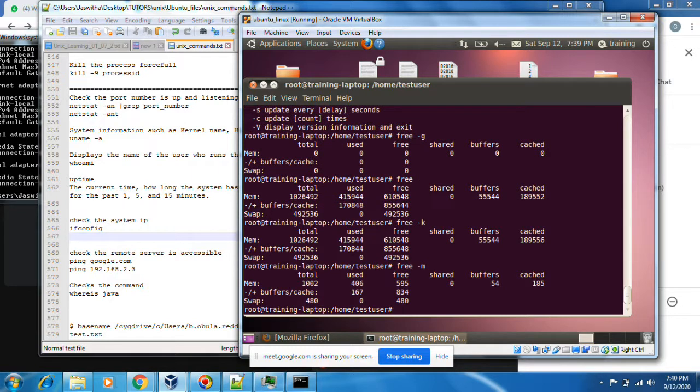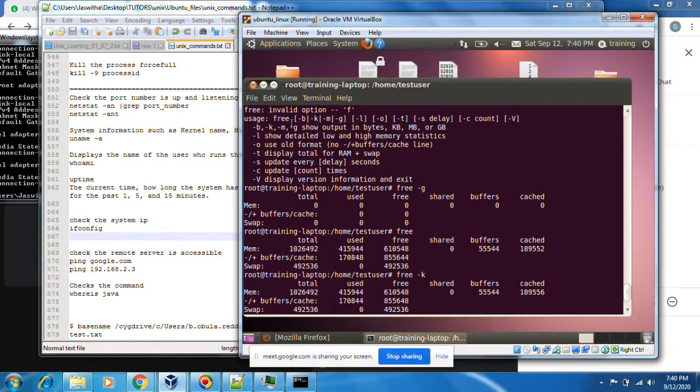I have allocated only 1 GB RAM to this. You can see the options: -b means bytes, -k means kilobytes, then megabytes, gigabytes, something like this.